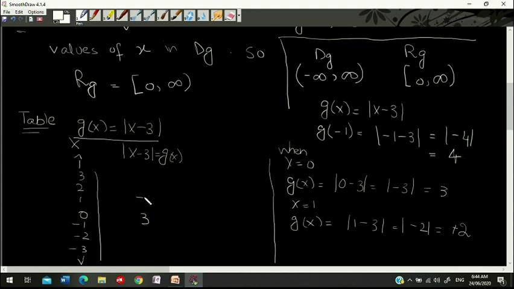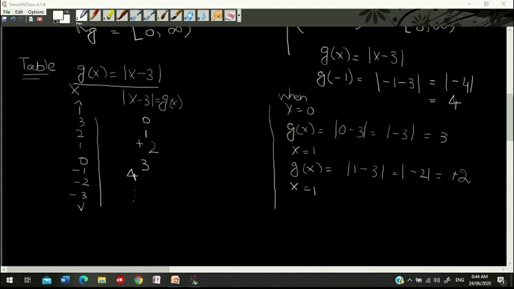Similarly you can calculate when x is equals to 2, g of x is equals to 1. When x is 3, g of x is 0. And when x is 0, your answer is 3. And when x is equals to -1, we have calculated for -1 over here. So for x is equals to -1, g of x is equals to 4. And other values you can also calculate